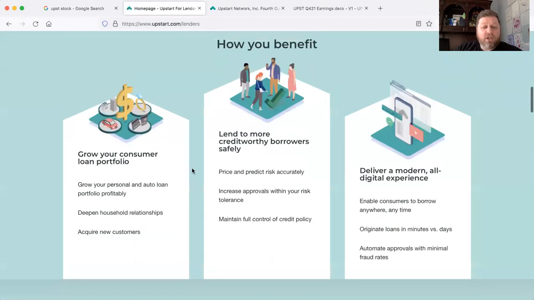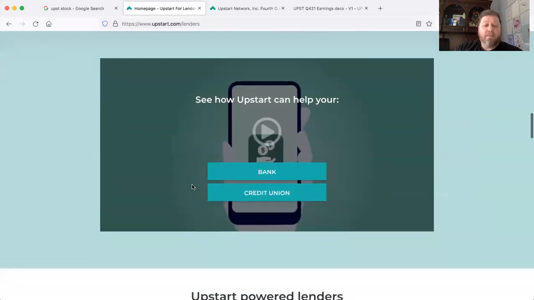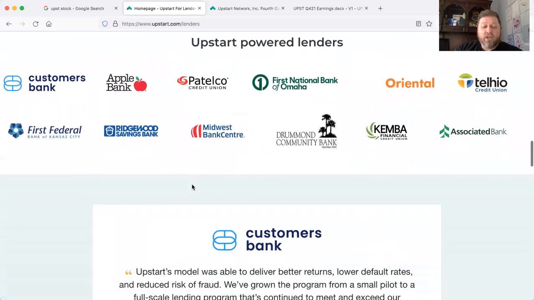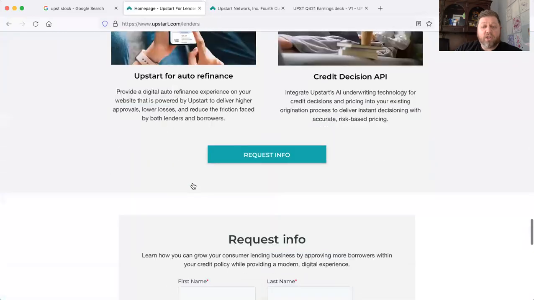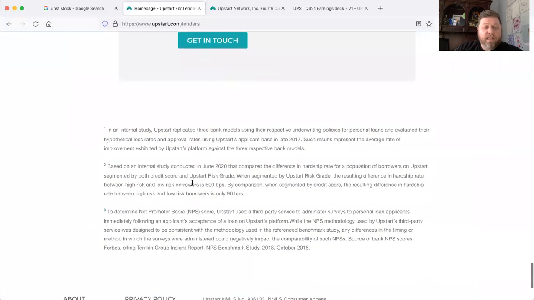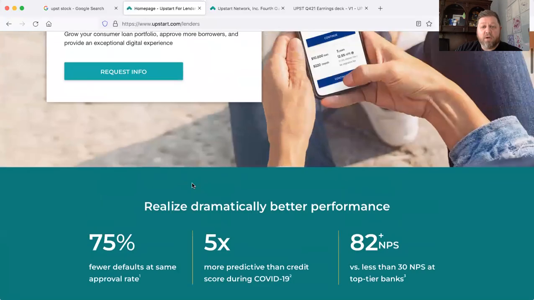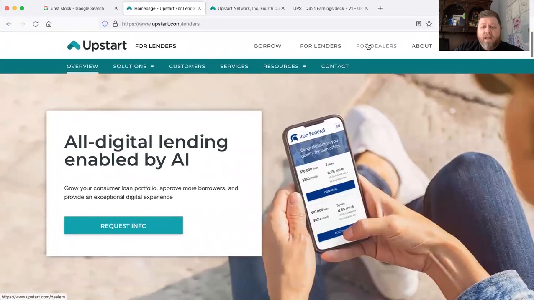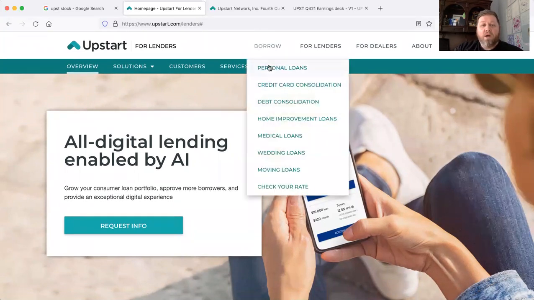They talk about why this is so good for the banks, yada, yada, yada. I don't really think there's a need to go too into details here, but I want to call this out just to be fair. This is basically done for both banks and for consumers. And then there's dealers as well. They can sort of work as middlemen sometimes. But what I really want to point out here was